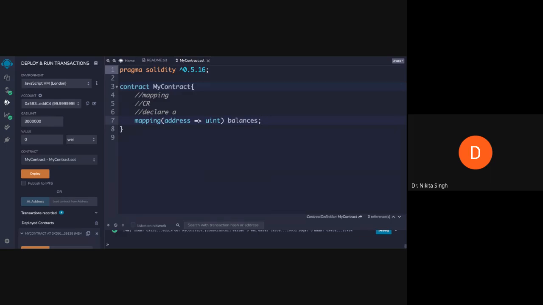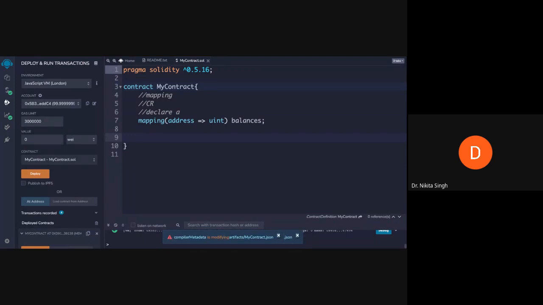How do we use this mapping now? To use a mapping, we will always have to declare a function. To manipulate your state variables, whether they are integer values, struct values, or mappings, you will always have to create functions.